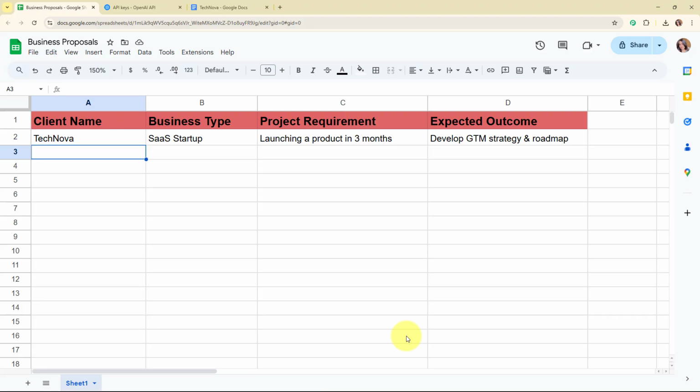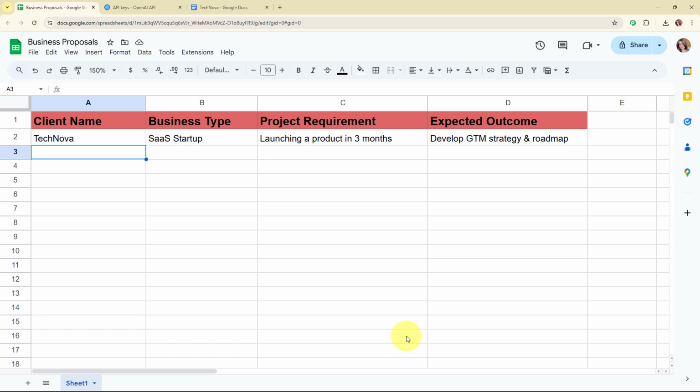In this video, I'll show you how to automatically generate business proposals using an AI agent. This will help you save time, respond to clients faster and close more deals with professional personalized documents. As you all know, as a business consultant, I often need to create customized proposals for different clients, sometimes on short notice.